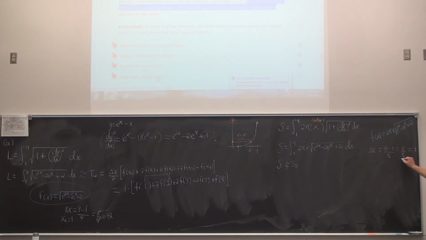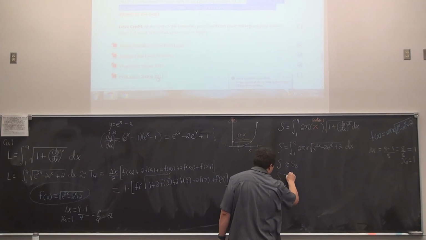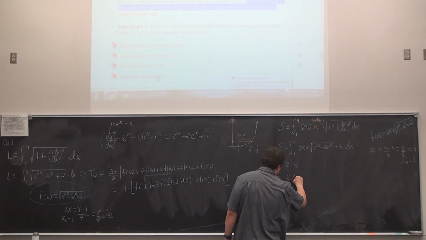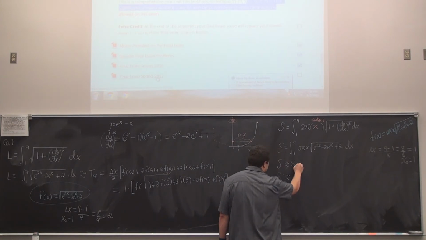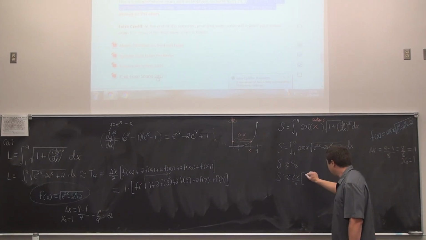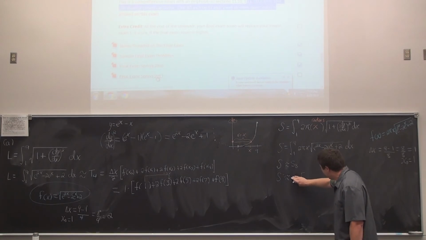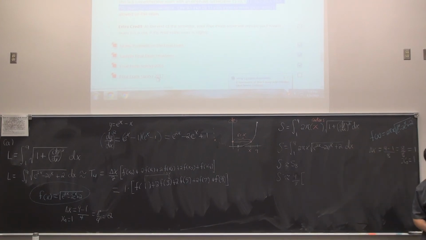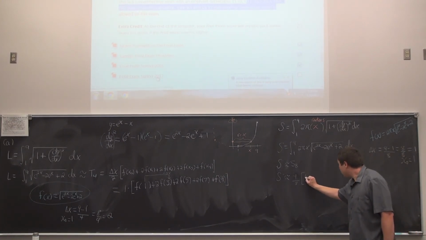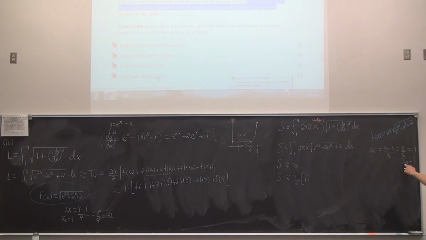Okay, the last details to write is our starting point is always x naught, and this time it's still a 1, so now we can say the surface area is going to be approximately equal to delta x divided by 3, this is the S8, multiplying, maybe let's do this in a slightly different way. Delta x was a 1, so I'm just going to throw in a 1/3 immediately. Then I'm going to write f, I want to put in x naught, but we know x naught to be 1. So let's go for the result right away. Does that seem all right to folks?